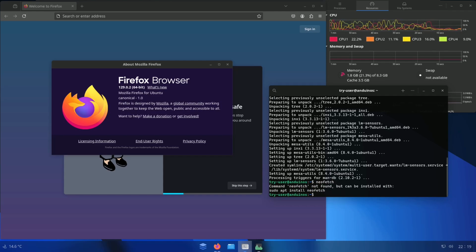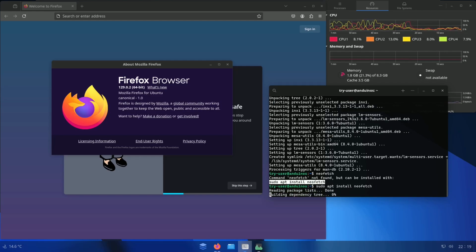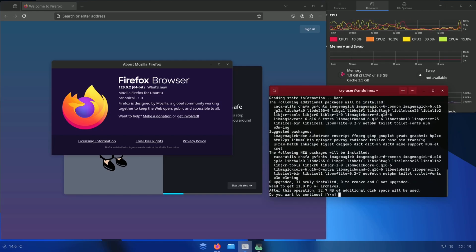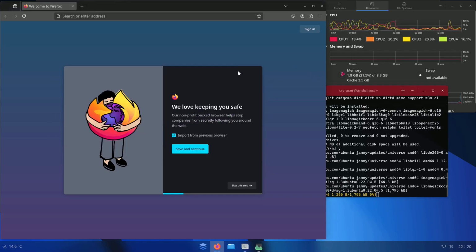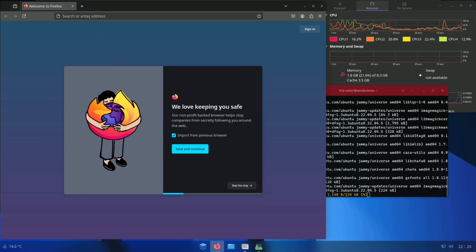Hit enter. So here you just need to copy the command, or else you can type in the command if you want. So I'm going to install everything and we're going to work on that later. Let's click Y. So it's going to do its work in the background. So let me type in